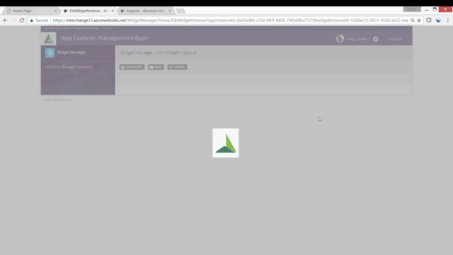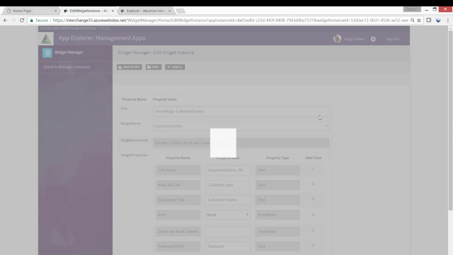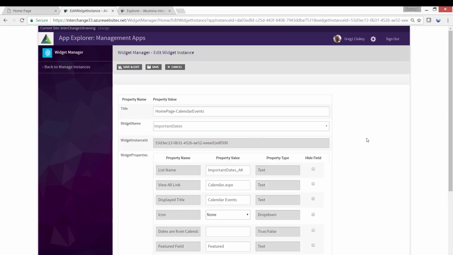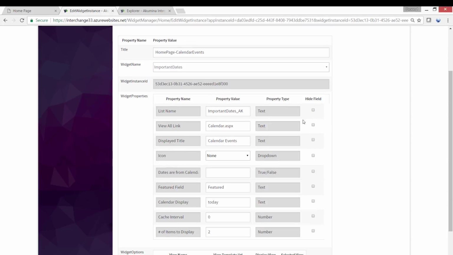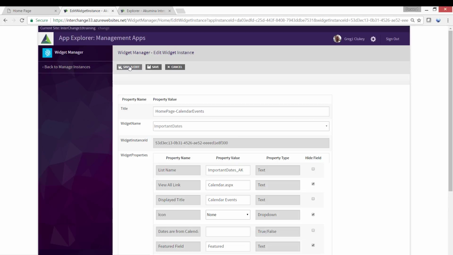I can determine which properties will actually display on the front end. So for example, if I don't want them changing or working with the View All link, or I don't want them adding an icon, or I don't think these fields are necessary for them to be able to manipulate from the front end, I can hide all of these fields from the front end. So if I make those changes and save,